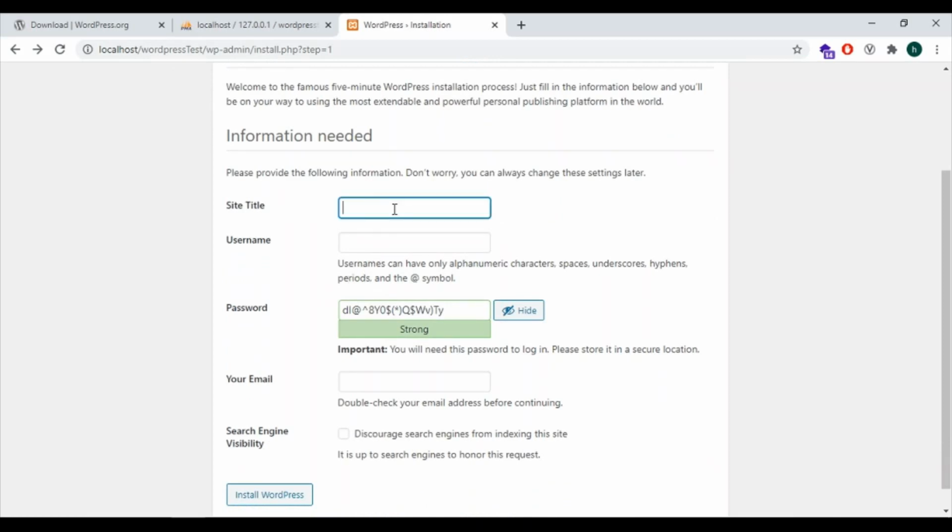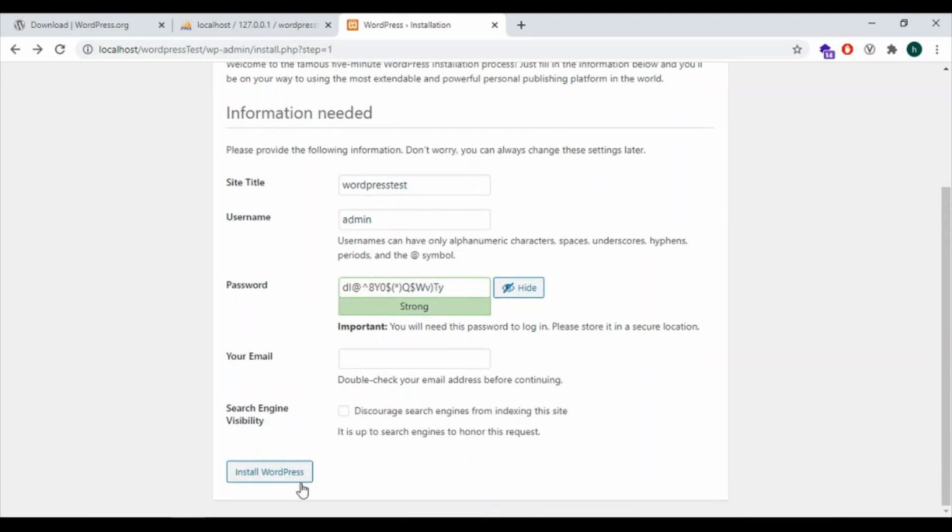You need to provide a WordPress site title. I provided the site title as WordPress test, and as username I'm providing admin, and for password you can give a customized one. My password is already generated, so I'll take this password. Then click on install WordPress.